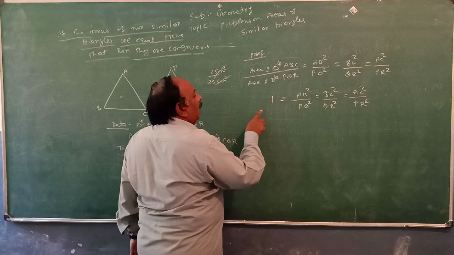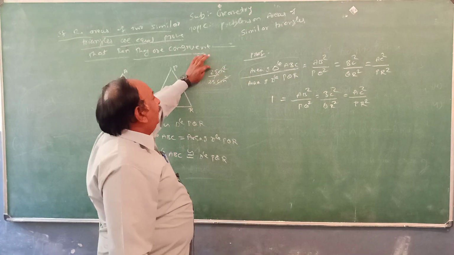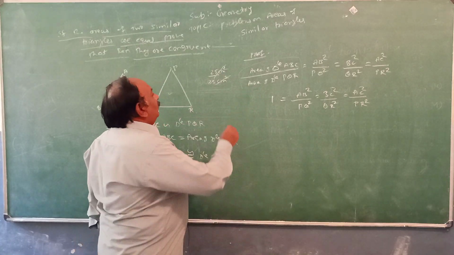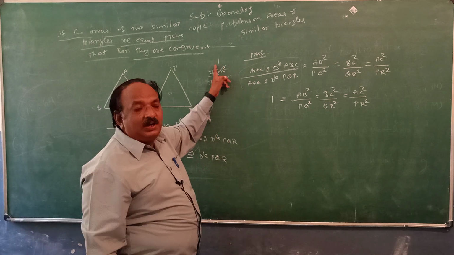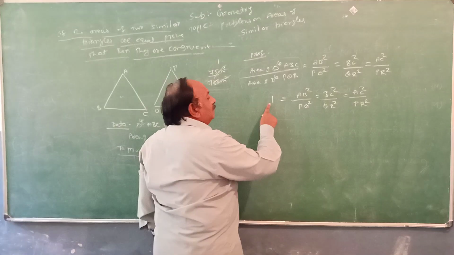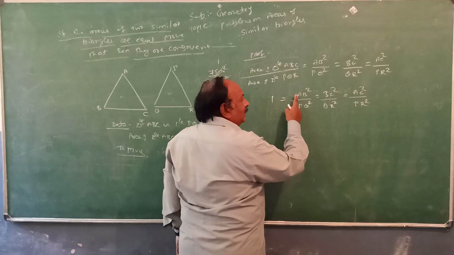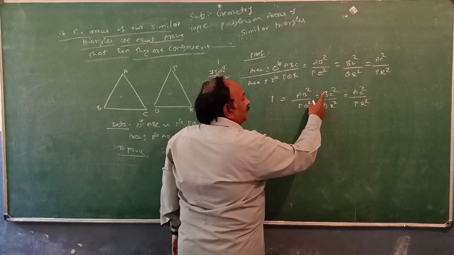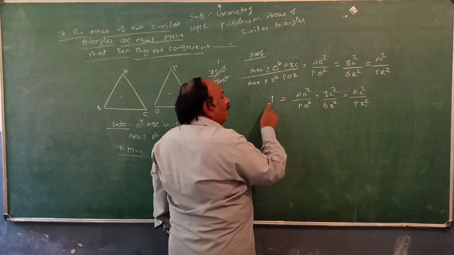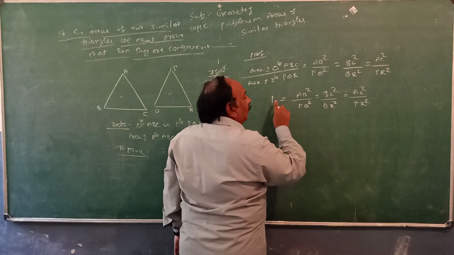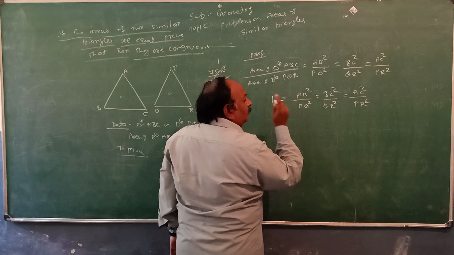My dear students, how do we get 1? Because if the areas are equal, if it is 25, this is also 25. Not only 25, if it is 75, this is also 75. 75 cancels, and what you get is 1. In the RHS, the numerator is equal to the denominator, because 25 by 25 is 1, 75 by 75 is 1, 100 by 100 is 1. If you want 1 on the left hand side, then on the right hand side the numerator must equal the denominator.